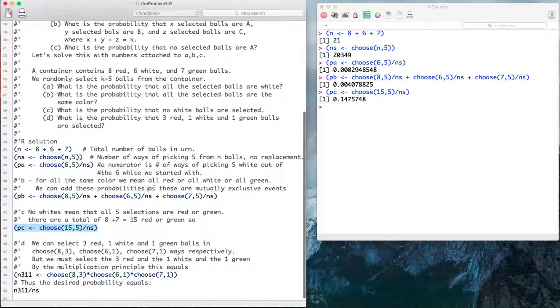And the last question says, what's the probability of picking 3 red, 1 white, and 1 green ball? Well, we can actually select the 3 red in choose 8, 3 different ways. That's 3 out of the 8 red. We could select 1 white in choose 6, 1 ways. And we can select 1 green in choose 7, 1 ways. But by the multiplication principle, since we have to choose 3 red and 1 white and 1 green, we can actually select those in